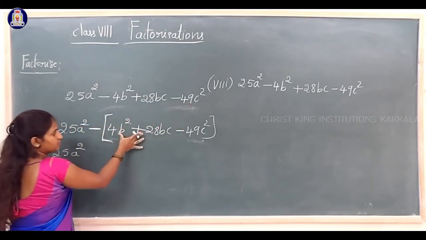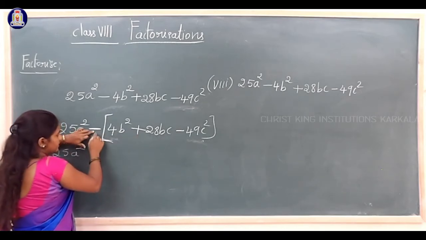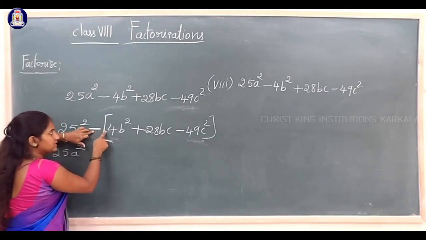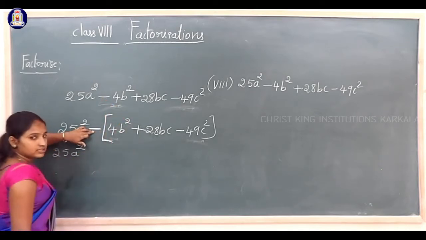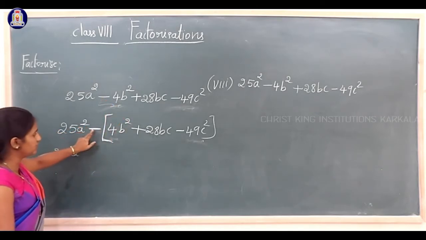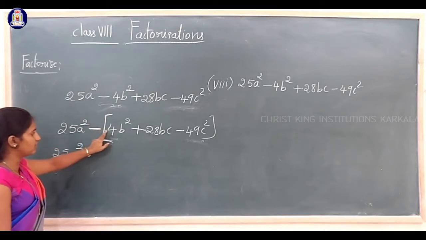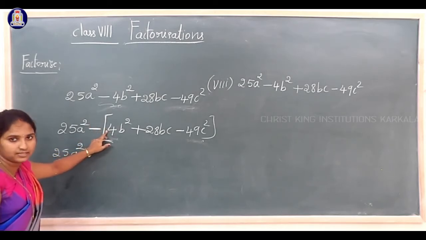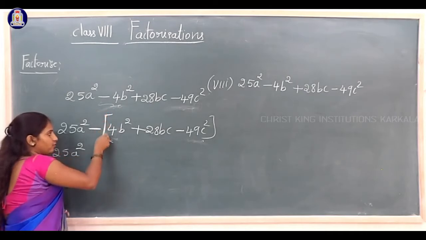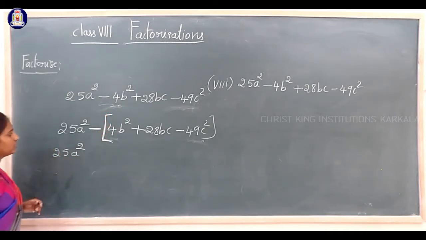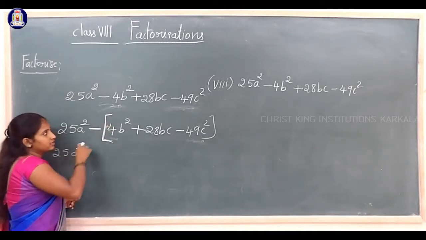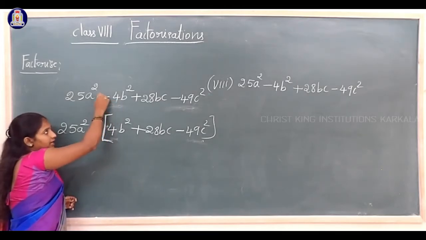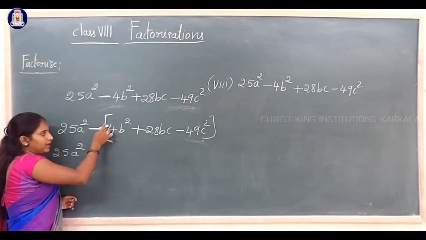Say, if you write these terms inside the bracket, what happens? The sign here is minus. Then what is the sign of 4? 4 is minus 4. Is it correct? Minus. So this is minus, multiplied by plus. Now the sign of 4 is plus. We are writing 4 inside the bracket. So what is the sign of 4? The sign here is plus. Okay, in the question the sign of 4 is minus, but if you multiply, we will get the same answer.